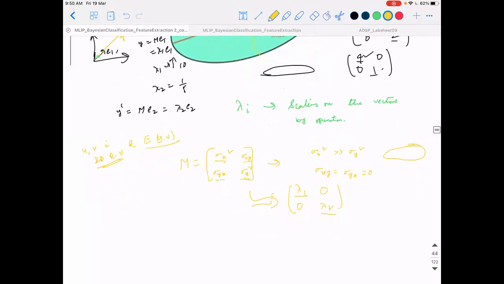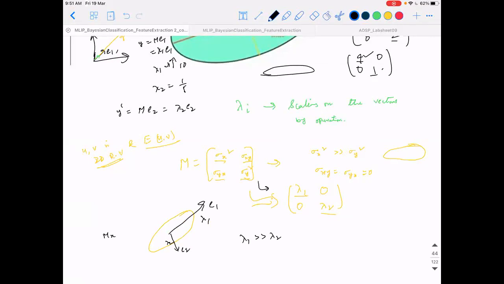For example, if these are not zeros, then you will get some variation like this. Still, lambda 1 being much greater than lambda 2 indicates that one direction has more variation than the other direction. Here lambda 1 greater than lambda 2 indicates that, if I consider this direction E1 and this direction E2, this direction is scaled up by lambda 1 when I apply the matrix operation, and here it is scaled by lambda 2. So the variation is higher in this direction compared to this direction.